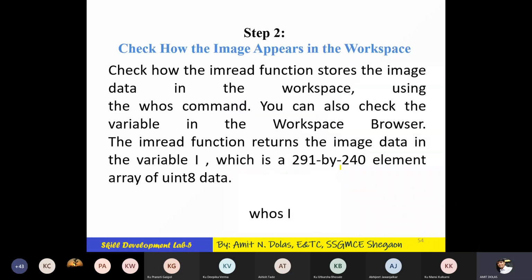So you get the image like this. Then step 2, check how the image appears in the workspace. Check how the imread function stores the image that we have already seen in the workspace. We have seen the matrix of 291 by 240. Using whos command can provide you the attributes of the image.